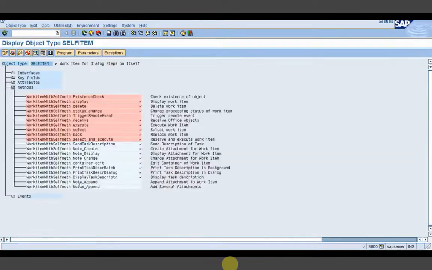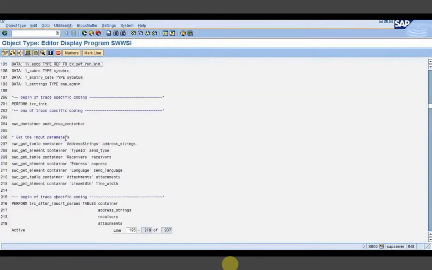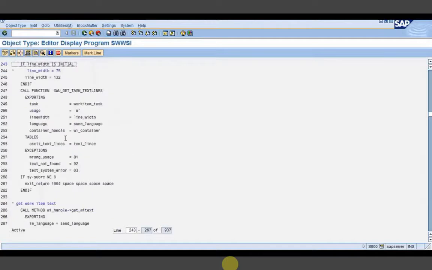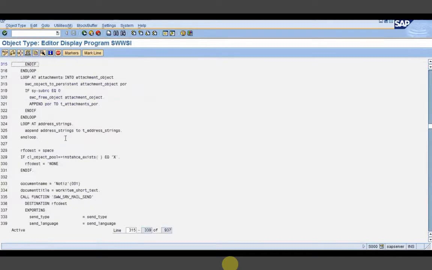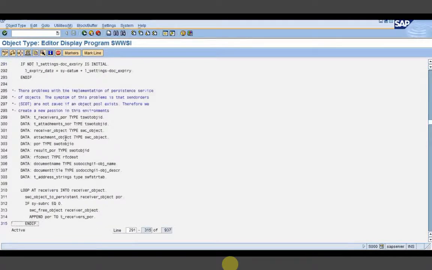Where is that method? Send, yeah, here in this program also I have searched for that particular background job. Even I have tried to execute it in debugger mode, but the whole method was executed, but still I didn't receive any mail. But yes, I have received it at 4:35, 5 o'clock, because the job was scheduled from 5, I think, to night around 12 or 1 o'clock. So all the work items, all the messages which I execute during morning, I receive in the evening. So all will appear in the inbox of the user. So that is not a big problem.